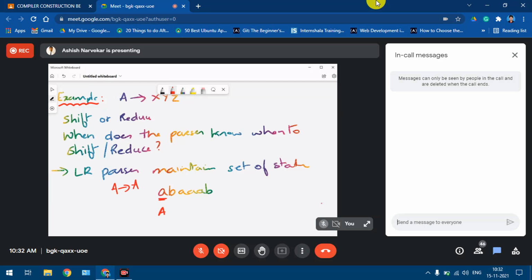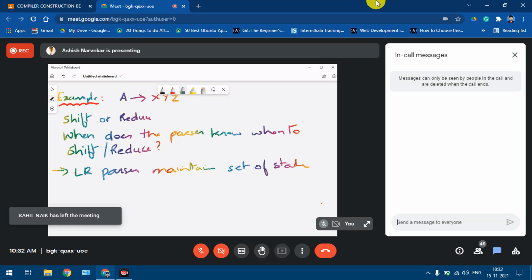But now in this case, once this is done, it will go to the next symbol. So basically it will cover each of them one by one. But for that, it also needs to keep track of where exactly it has reached. So for that, the LR parser maintains something called the set of states. Okay.